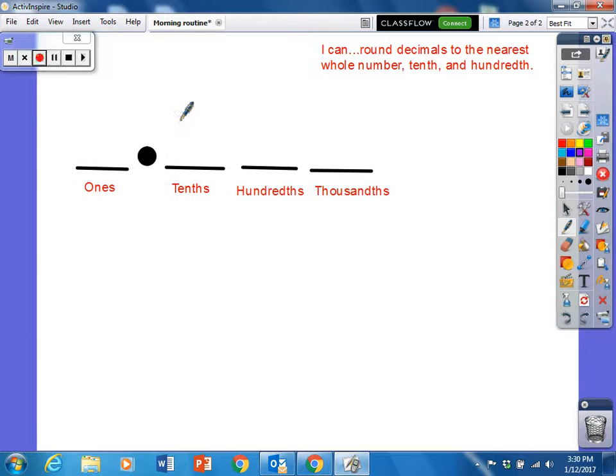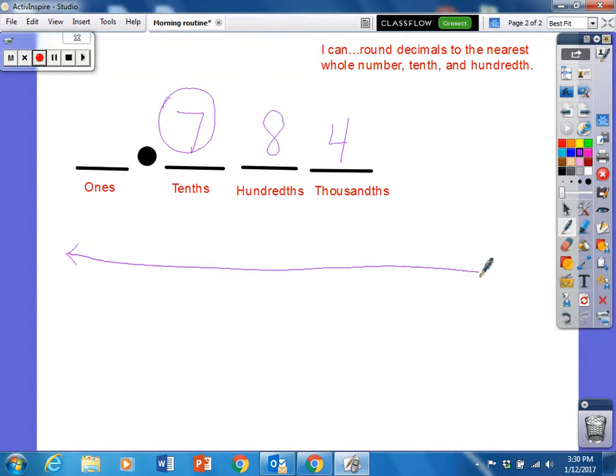So our first number that we're going to round is 784 thousandths. And we are going to round to the nearest tenth. So first we're going to draw our number line. And our first benchmark number is, again, remember we always look at our first number that we're going to be rounding, and it's the tenths place. So we're going to have 0 whole numbers and 7 tenths. But because I have two other place values, I'm also going to fill in those place values with zeros. So I start with my 7 tenths, but I have filled my hundredths and thousandths with zeros just as a